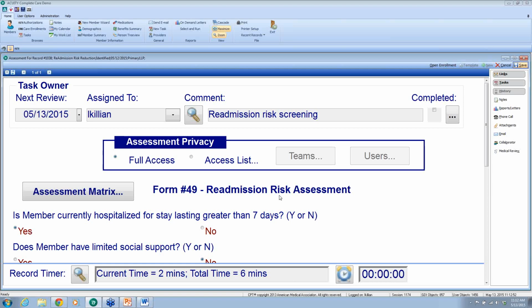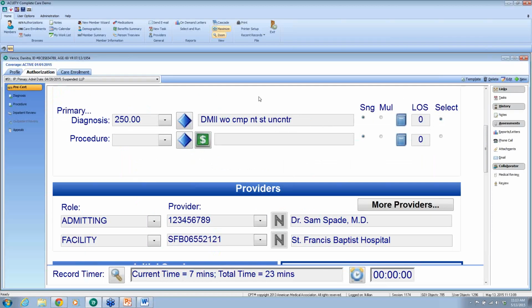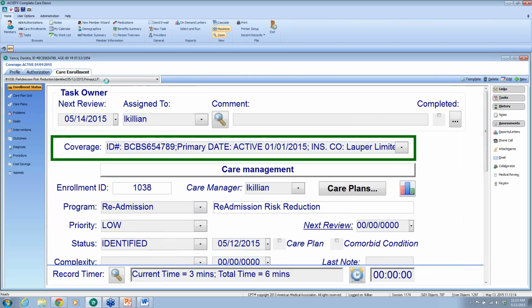Now, we could have configured that trigger to immediately take her to the task. We chose not to do that, but there's a number of different options. We wanted to give Linda the ability to decide, I'm done with this assessment record, close this record, and now she's going to click on that care enrollment for Mrs. Vance. She's going to change the priority